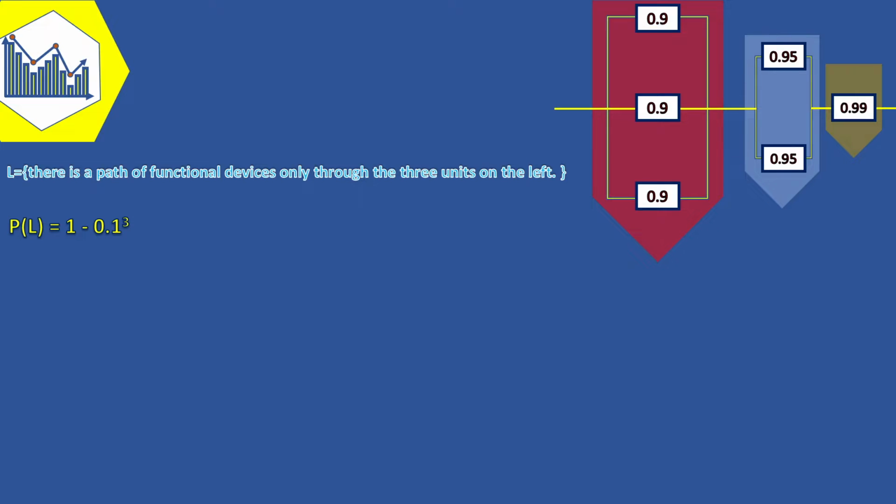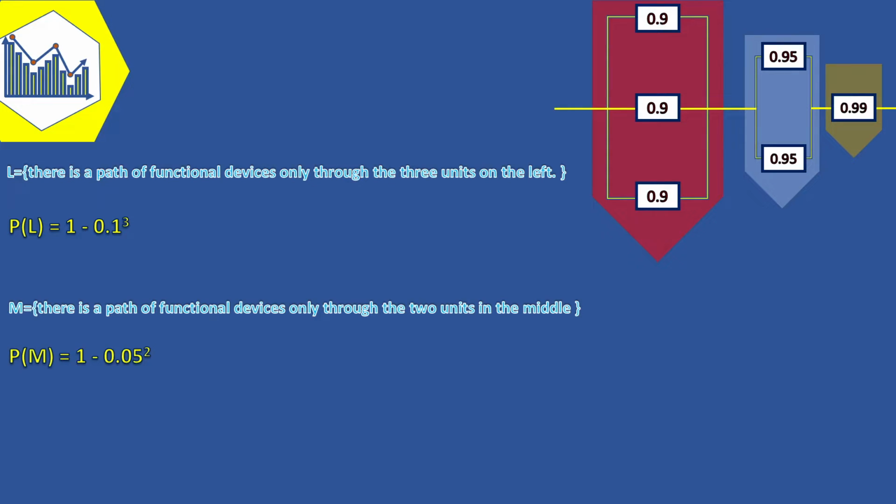Similarly, let M denote the event that there is a path of functional devices only through the 2 units in the middle. Then the probability of M equals 1 minus 0.05 squared. The probability that there is a path of functional devices only through the 1 unit on the right is simply the probability that the device functions, namely